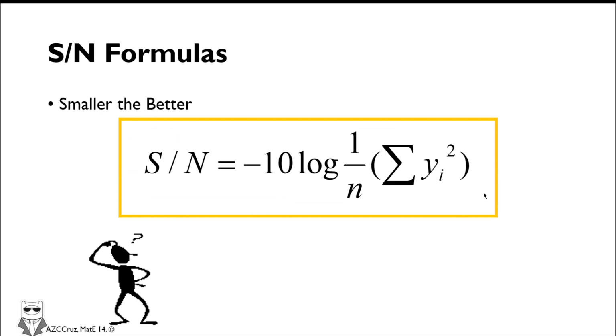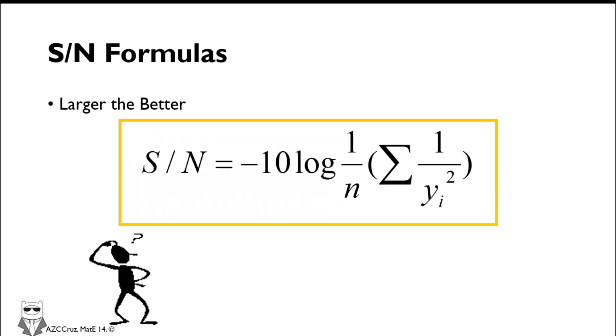So just take note of the formula and I'll just copy paste this later, no, para mas maalala natin. Okay? So it's just negative 10 log 1 over n times summation of yi squared. Okay? Tapos, we also have a larger is better formula. So the larger is better formula is usually for settings where we have no target but we want it as high as possible. So let's just say we want to produce,